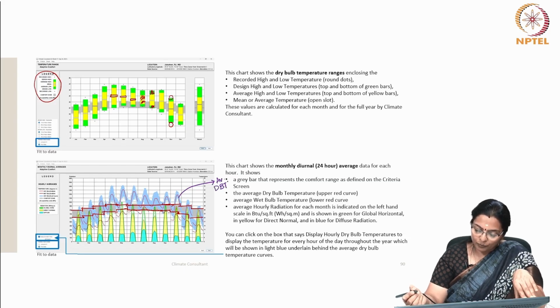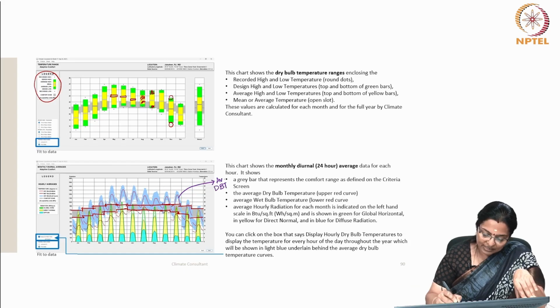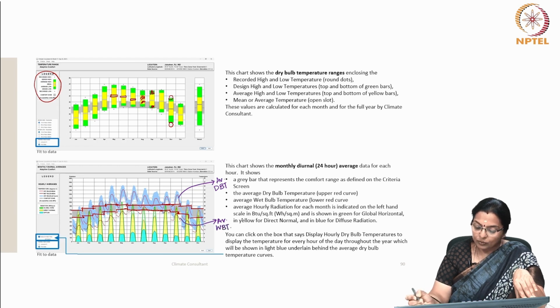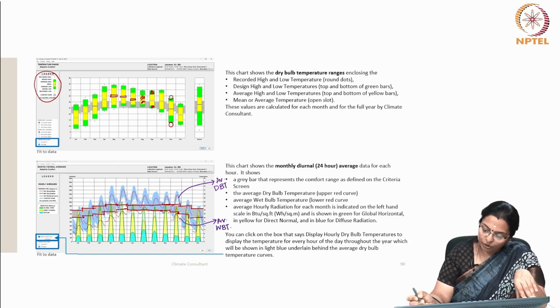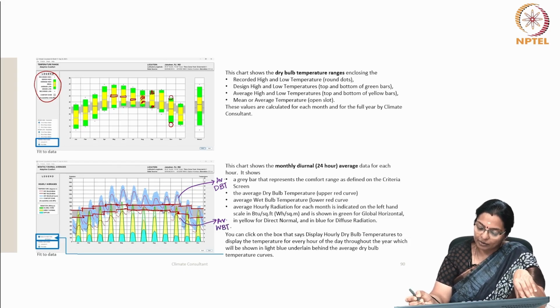The average wet bulb temperature is this curve, the lower curve, the average WBT. Annual hourly radiation for each month is indicated on the left hand scale, and you can change the unit,